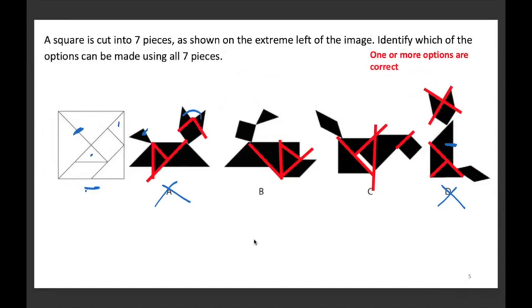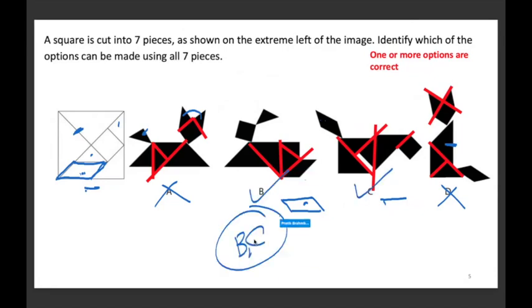In a tangram, this is called a tangram puzzle. In a tangram, a rhombus is the only shape which is not symmetrical along the vertical axis or horizontal axis. So isme, if you look at option B ka rhombus, uska rhombus happens like this. C ka rhombus also is in the same orientation as this. So it's not in the same orientation as shown here, but here we are not given any condition that flipping is not allowed. Okay, so we can accept option B and option C as the correct answers.